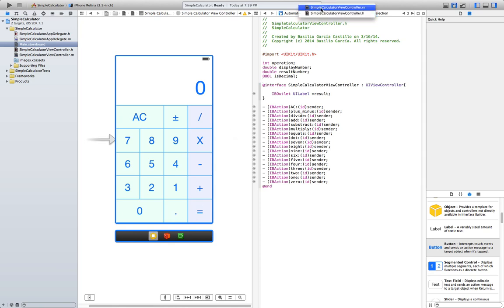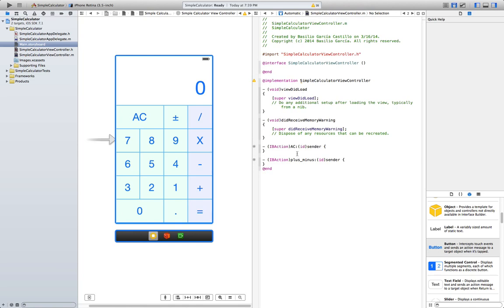Go back to the M file, and here first of all in viewDidLoad, this code will execute as soon as our app starts.